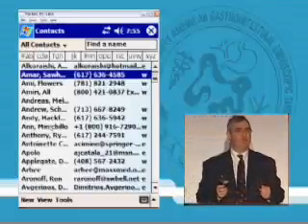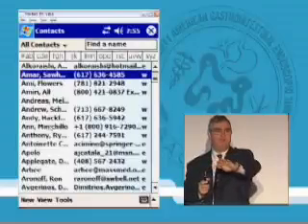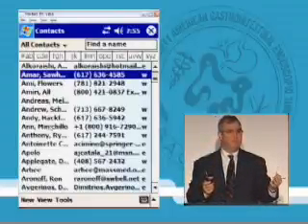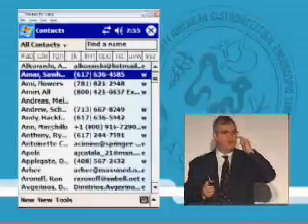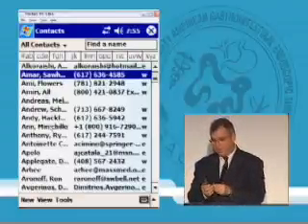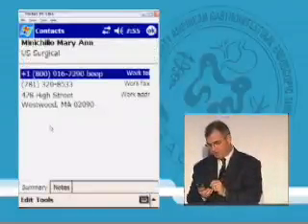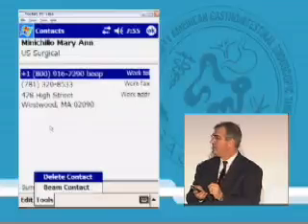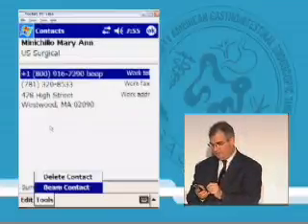What I'd like to do for a minute is, if each station could turn around and beam each other, for those of you who want to get some practice beaming or who have never beamed before or want to see how it works in the Pocket PC, why don't you try beaming contacts, a few contacts back and forth with each other. And the way you do it is by selecting a contact, and you go to Tools. So it's Contact, pick one from, this is an old contact, Marianne doesn't work there anymore, and just beam the contact,